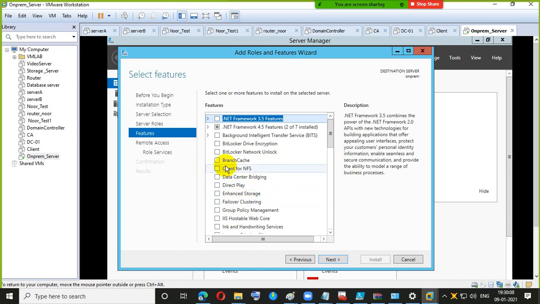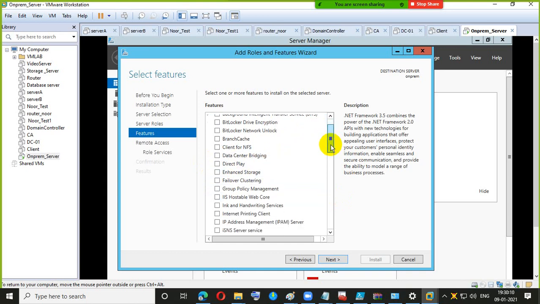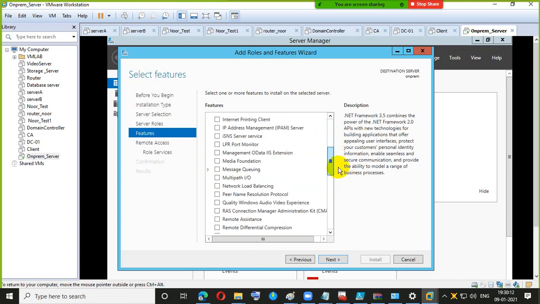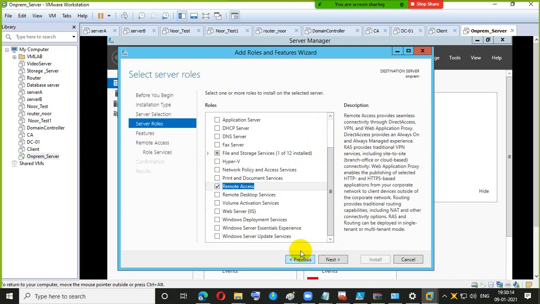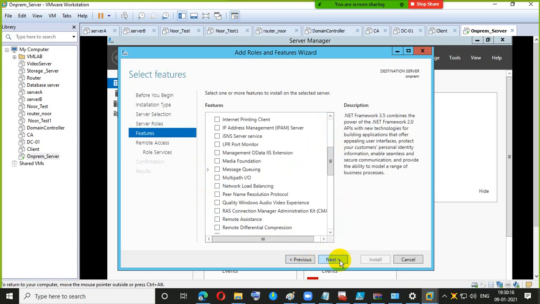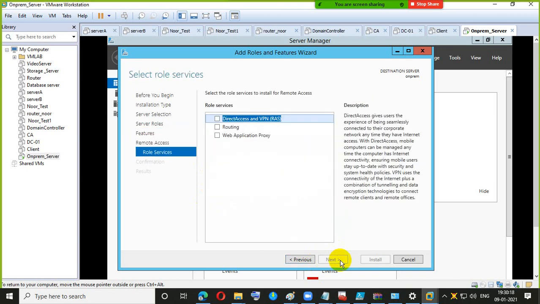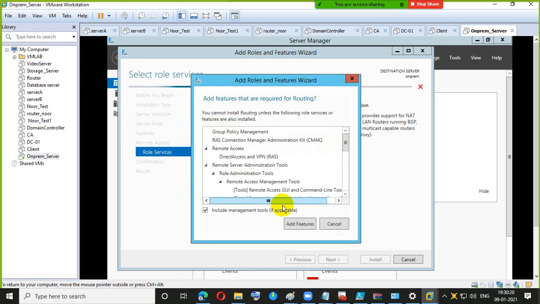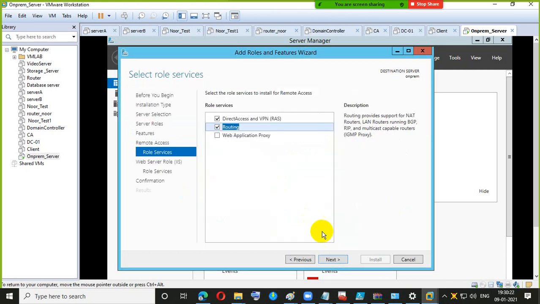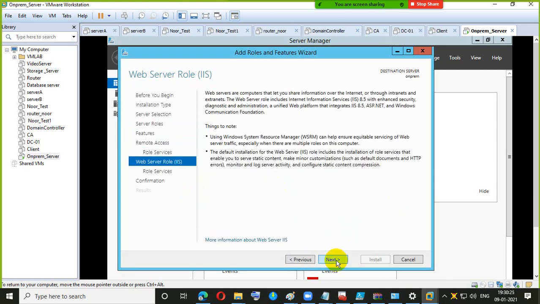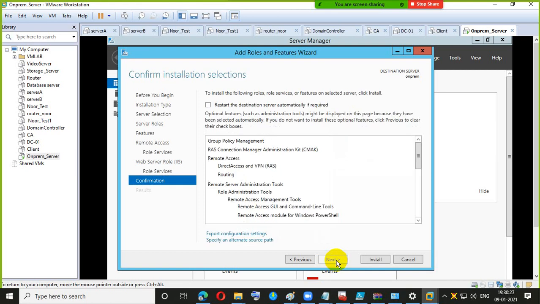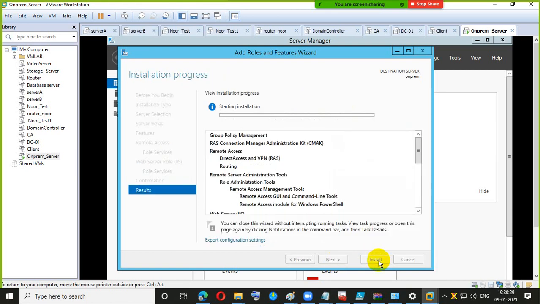Here I have to select DirectAccess and VPN, these two options, and Routing. Click on next, next, next, and install.